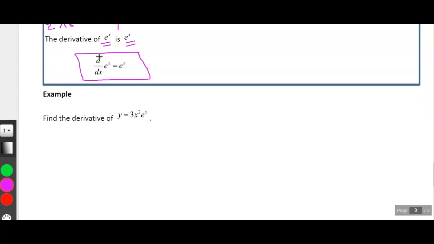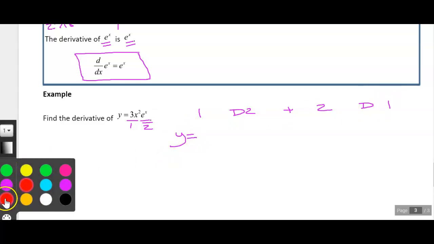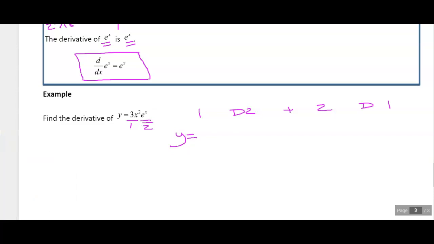All right, so now we're going to get to some mandatory product rules. So we're going to make 3x squared 1, and e to the x is our second term. So we can do 1d2 plus 2d1. And so this is how the AP is going to test you on the product rule. They're going to make it mandatory. It's not going to be on an optional derivative question. So 1, y prime, 1, the derivative of e to the x is e to the x, plus 2,